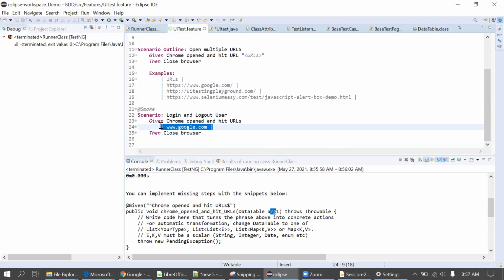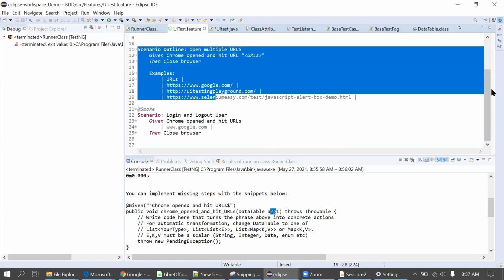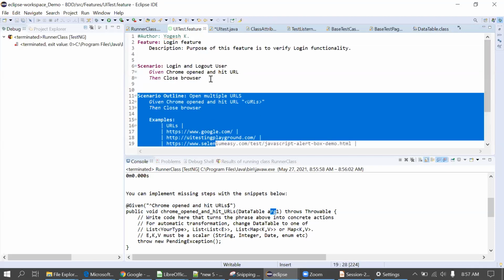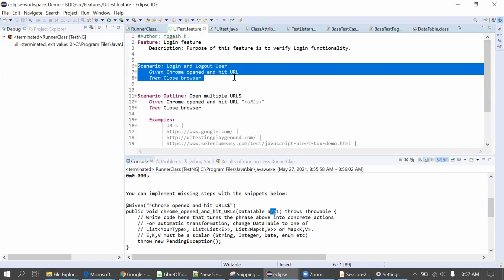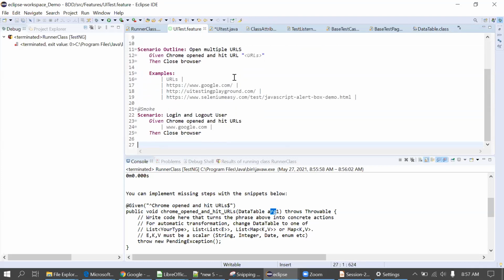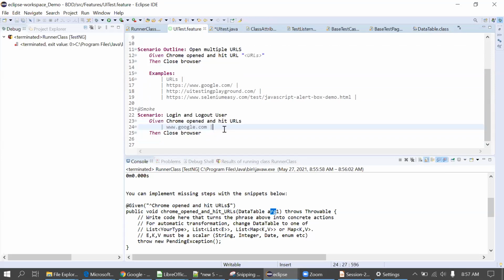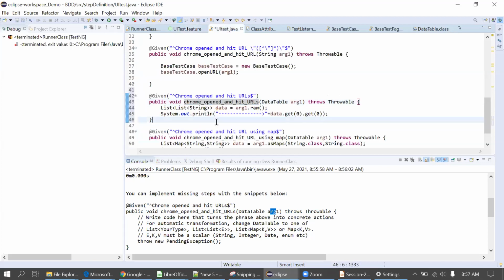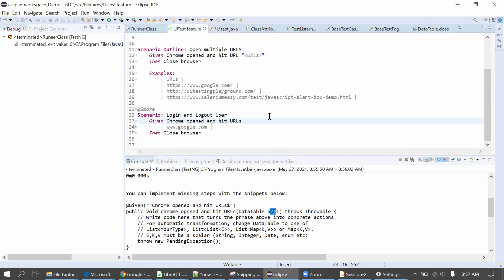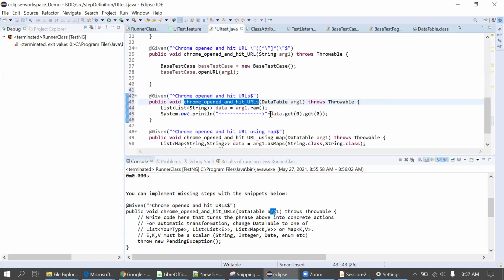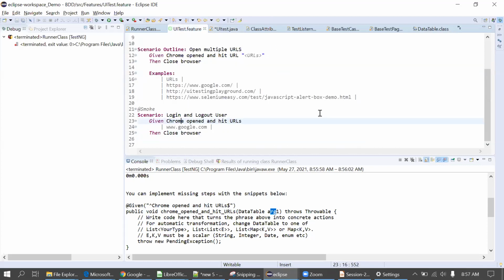Actually, this is again less frequently used. Always we go with the scenario outline or this basic scenario first. You just need some understanding of this; that's why I'm telling this example of the data table. Here I'm not doing any operation. I'm just printing some data that I have passed from this feature file.